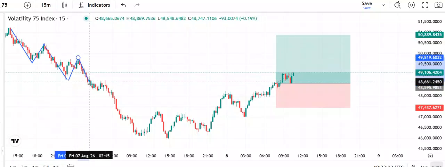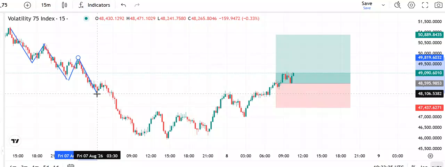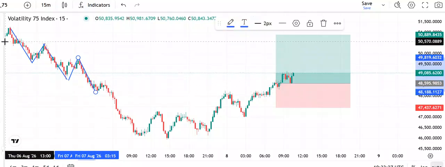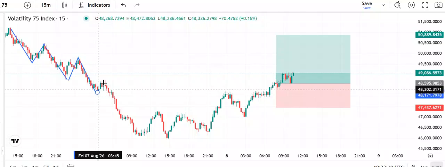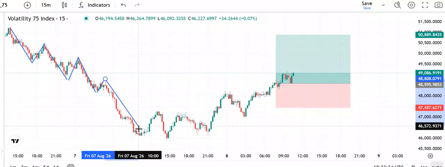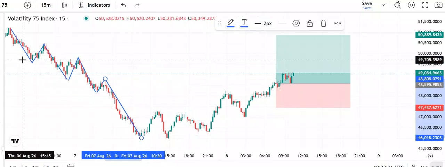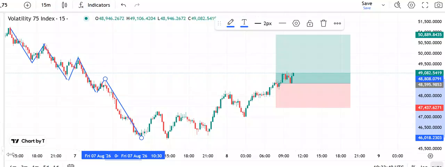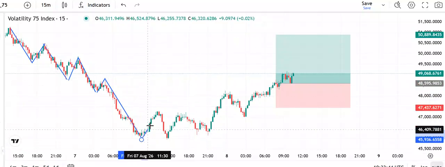We have lower low to this level, and then we have another lower high. We have lower low. Okay, and then we have to this level lower high,